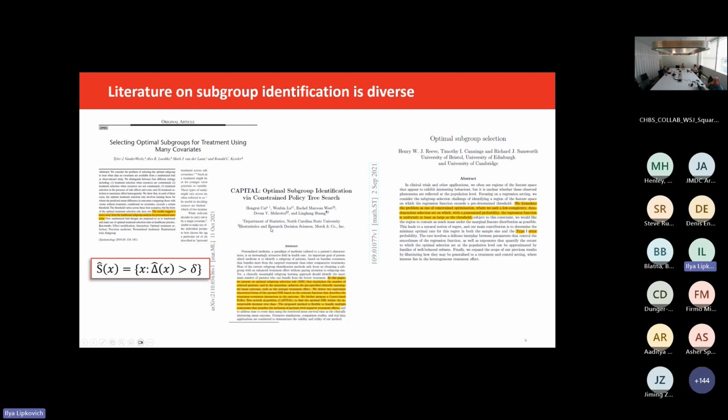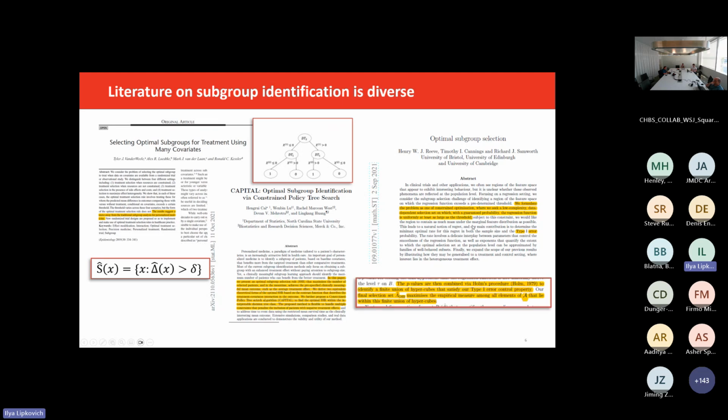The second paper brings it into quite a different context of interpretable subgroups, which are tree-based subgroups, and uses constrained optimization motivated by the literature on individualized treatment regimens. The third paper is focusing on multiplicity control, and it finds subgroups as hypercubes, and the p-values are combined by Holm's procedure. So this is quite a different type of research. And by the way, the follow-up of this research will be presented in the next talk on isotonic subgroup selection.